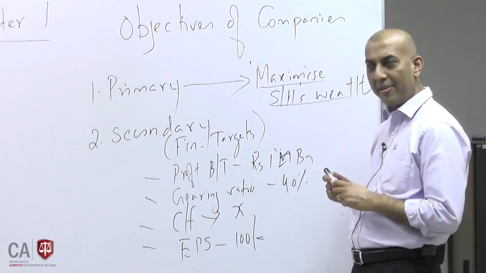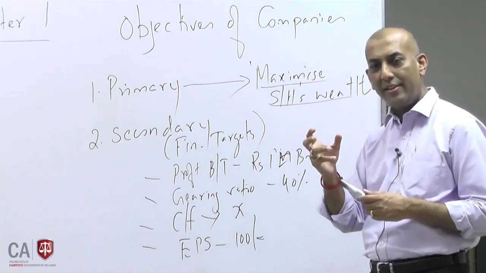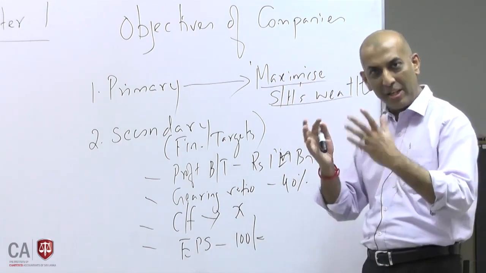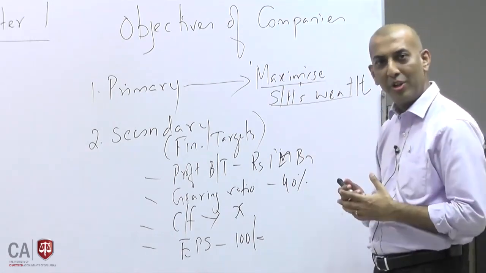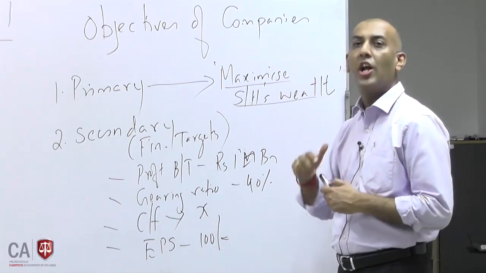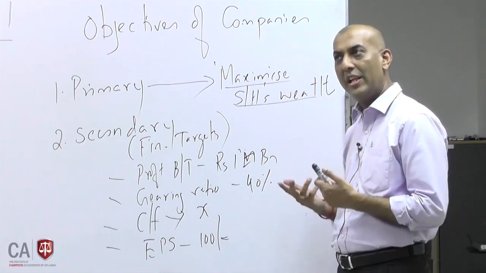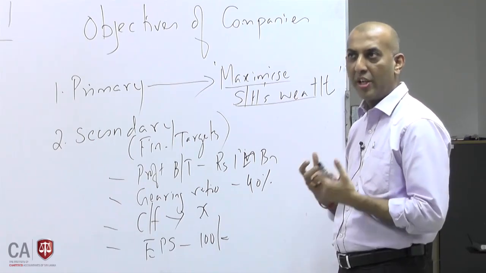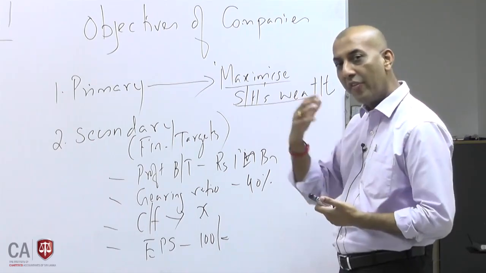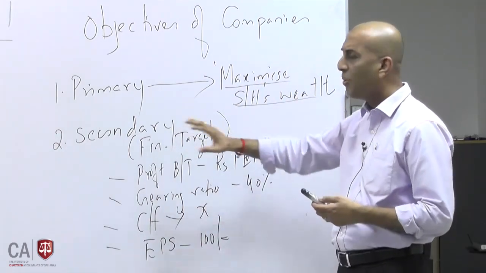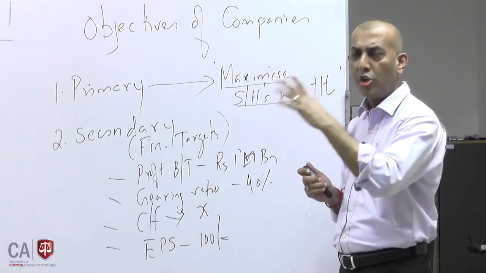Now the question comes: what is profit maximization and what is wealth maximization? Profit maximization is about the short-term scenario, your short-term objective. Maximizing wealth is a long-term phenomenon. Wealth is the value of the resources that you have, so the objective is to increase the value of the resources. It is a long-term phenomenon, and the profit objectives are mainly short-term.